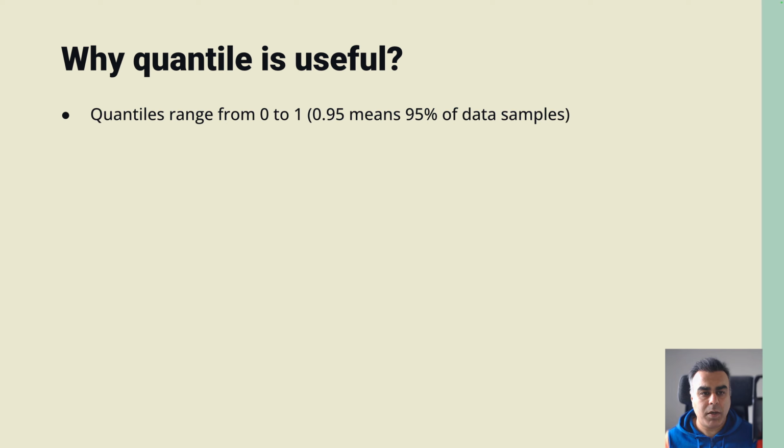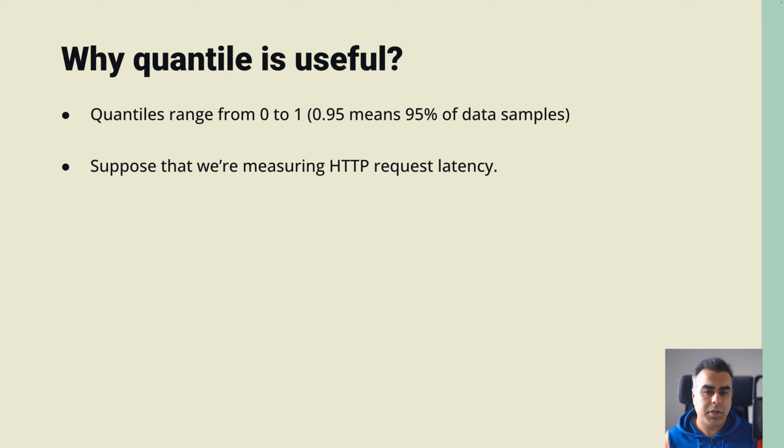So 1 means all the distribution of the data, and 0.95 means 95% of our data samples. So for 2000, if we choose the quantile 1, it means all the 2000 samples. And for example, suppose that we are tracking the HTTP request latency, and our observation is just 10